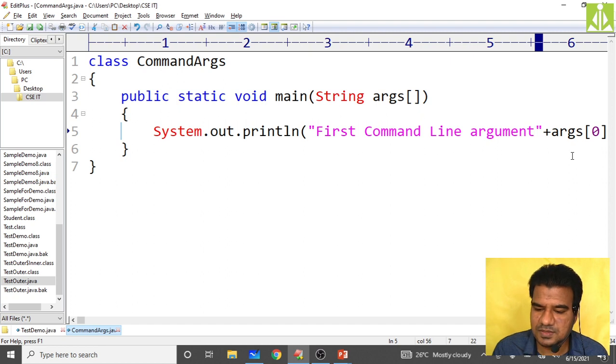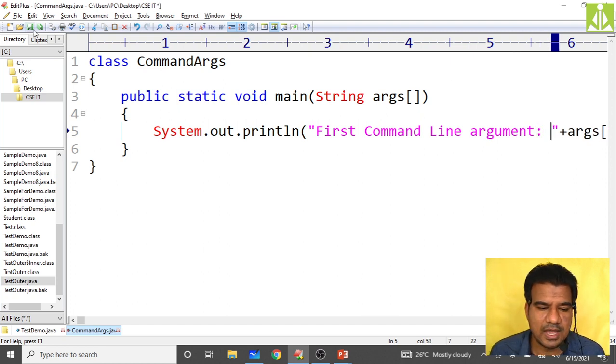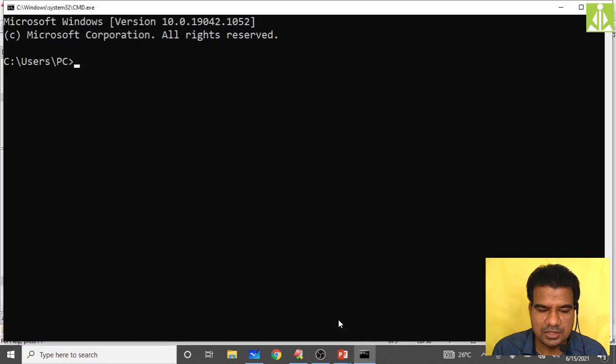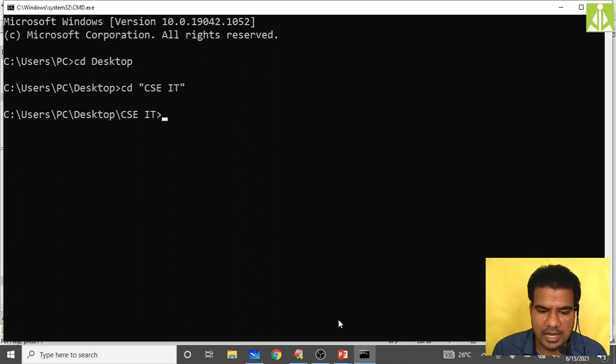Here you give some space in between for clarity. Now you go here. I think I closed my command prompt. So again cd desktop, cd cse, then dir.